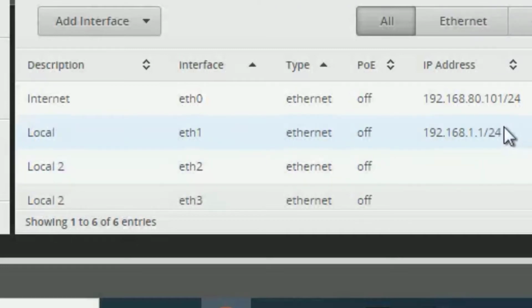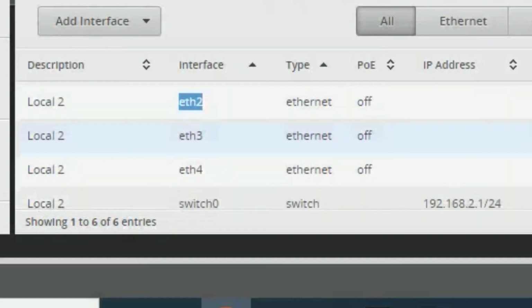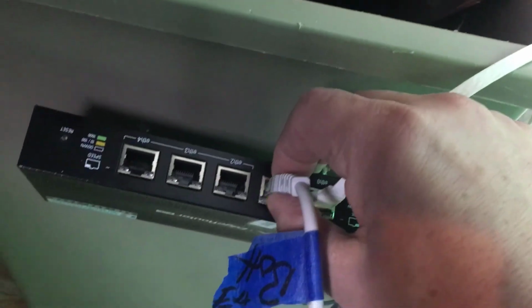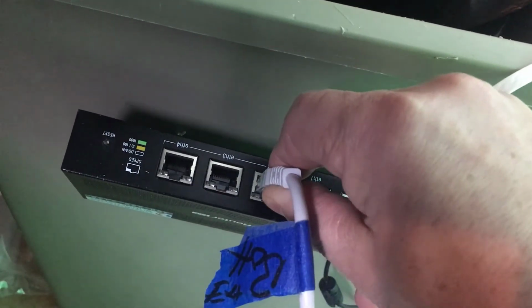We really now want to move over to eth2, and by the way, out of the box, eth2, 3, and 4 on the EdgeOS, on the PoE5, which I'm using, are all part of a switch called Switch 0 interface with Edge, and they're all assigned this gateway. So anything you plug into any of those ports, you'll automatically get an IP address, and you'll be good to go. So I'm going to move this now from eth1 over to eth2,